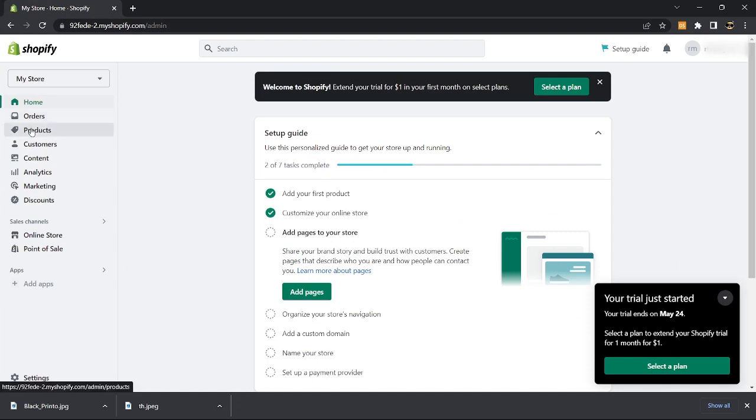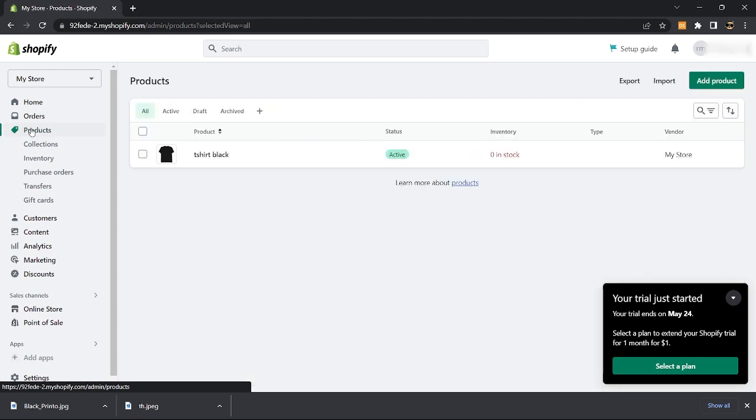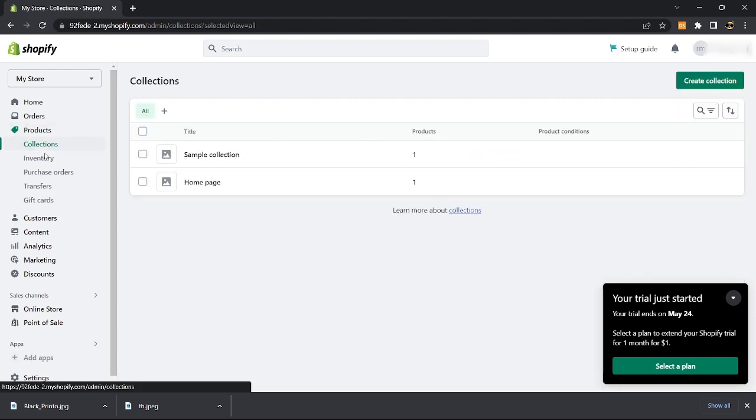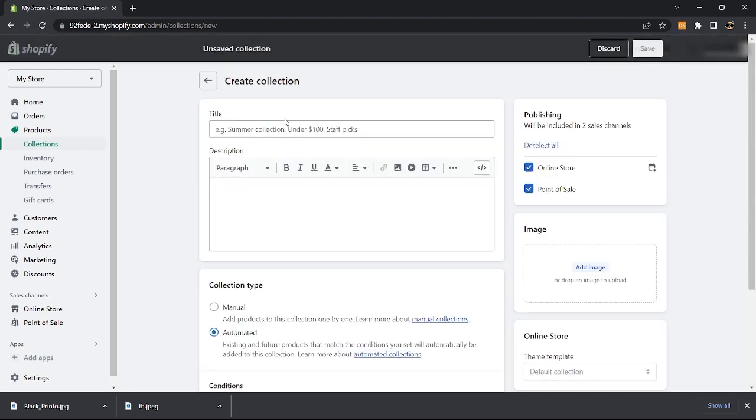So go to products option here on the left panel, proceed to collections, and as you can see, I already have a collection here. But just in case you don't have any collection yet, just click on this create collection